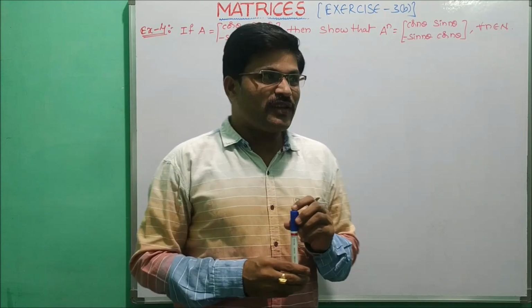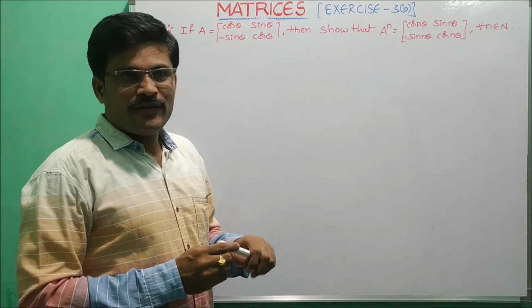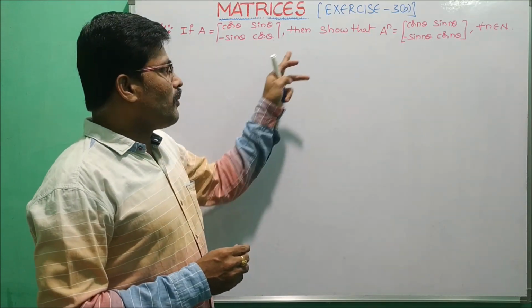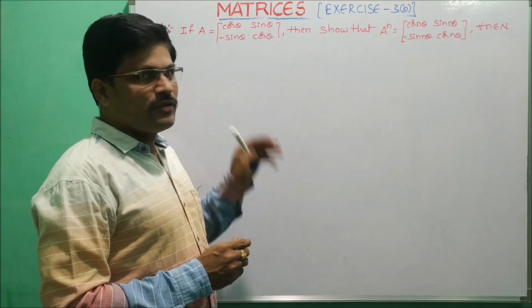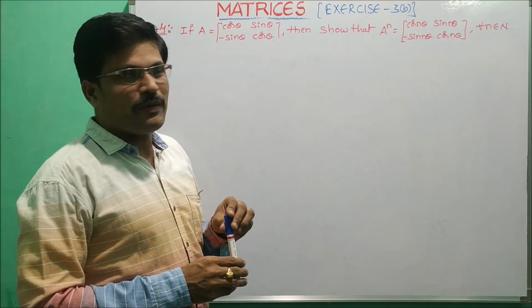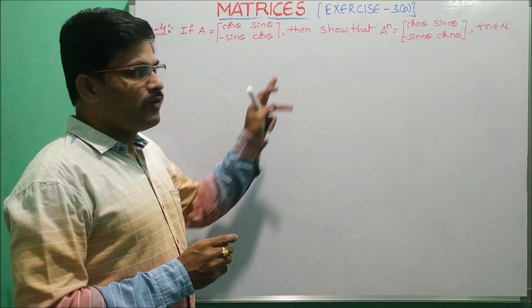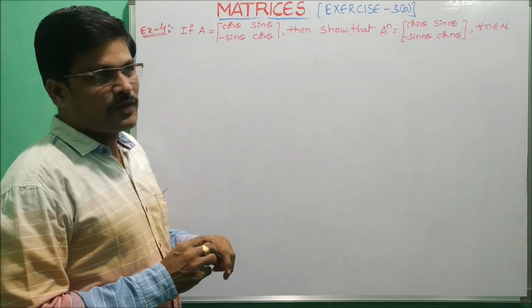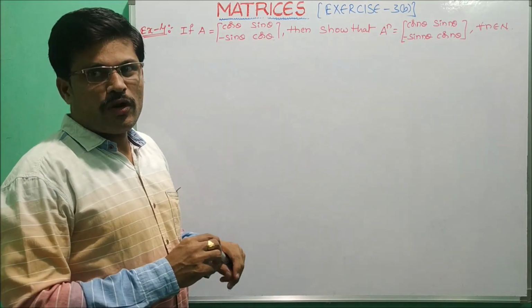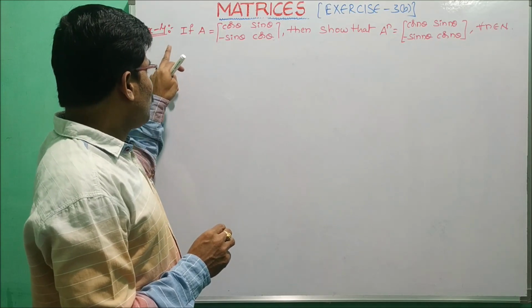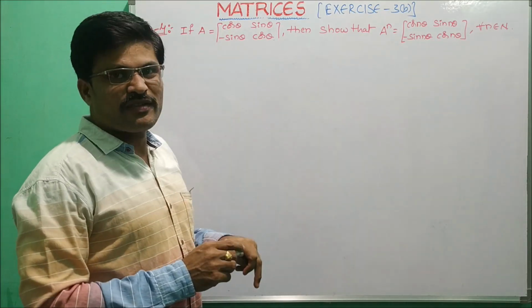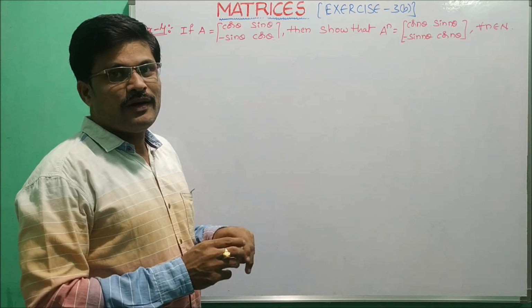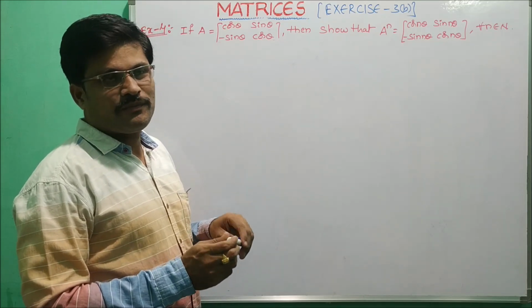Today let us continue the same topic, matrices. Here we solve the problems in exercise 3B. In the previous class we already solved Roman number 1 and Roman number 2 problems. So here we solve Roman number 3 problems. Before going to Roman number 3, first of all we solve example number 4. This is a very important sum, many times given in IPE for 4 marks.